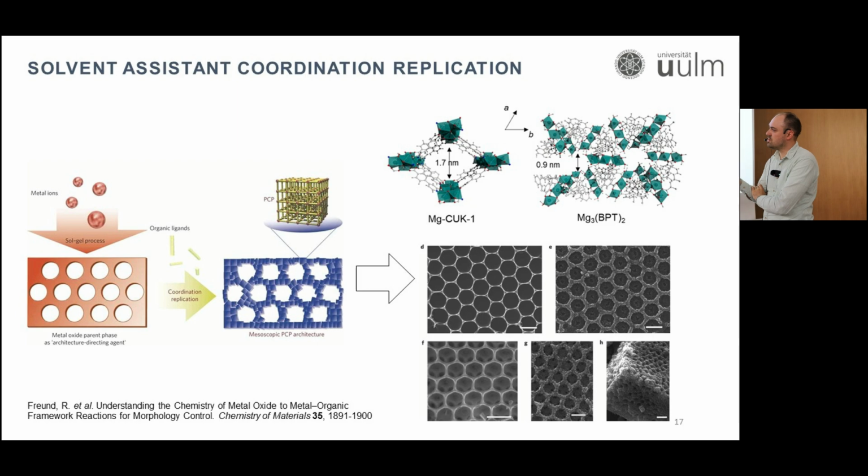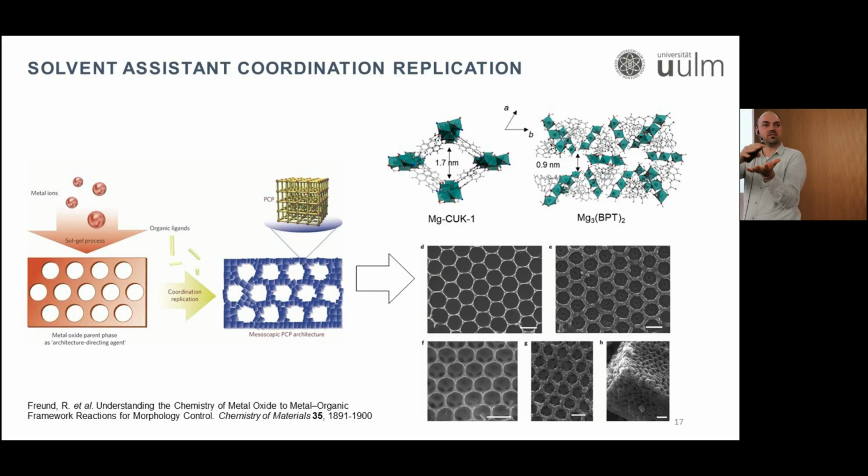So in essence, you take a metal oxide precursor, you bring it in contact to the organic ligands under certain reaction conditions, can be different pH values or different solvents, different temperatures, or even application of an electrochemical stimulus. And we can structurally recreate in this case an inverse opal structure into a MOF-coated structure. So you can see that most of the inverse opal is gone, and it was directly spatially recreated by the